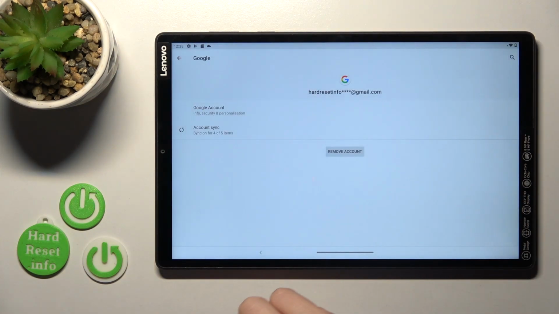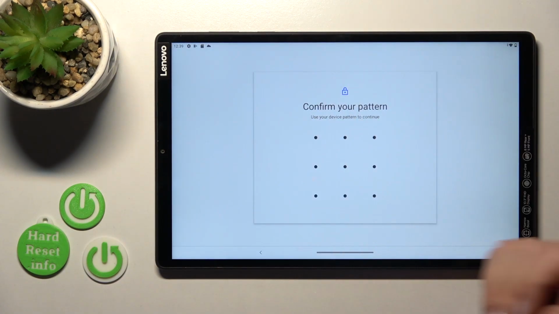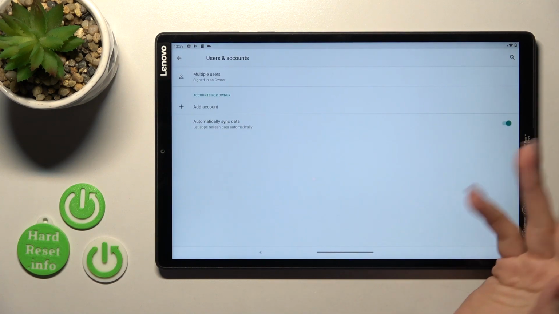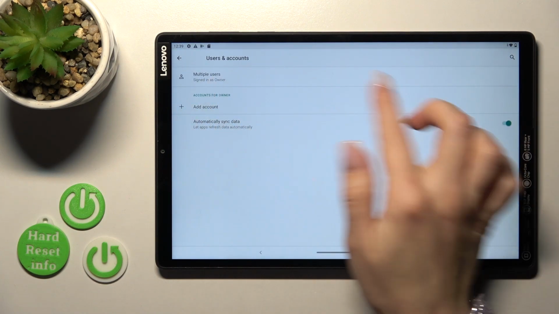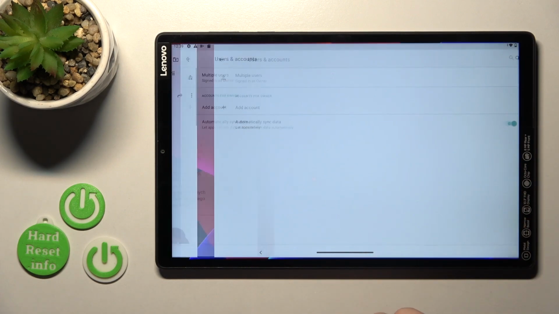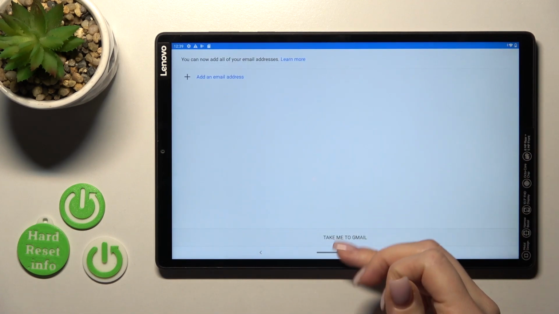After that, confirm your action by click to remove account again, tap to OK and use one from your protection methods if you use it on your tablet. Now in Google account settings we can see that we just successfully logged out from the Google account, and now let's go back to the application, and here in app we can also see that we just successfully logged